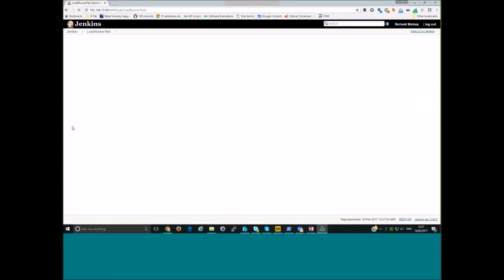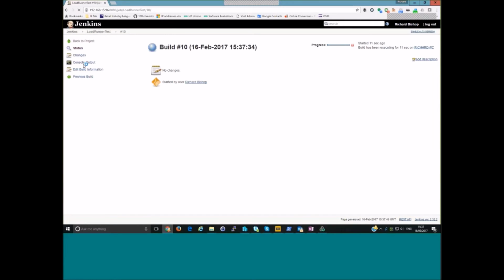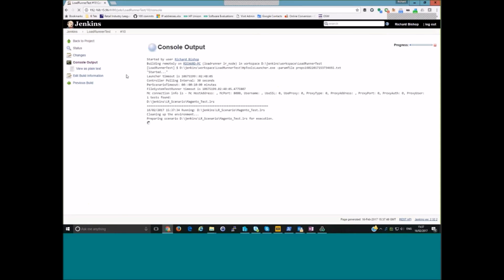If I click on here, you can see from Jenkins its view of what's actually going on. So you can see it's doing a remote build on Richard PC. It's running in this particular workspace, and it tells me all the things that it's doing. So it's effectively opening up the scenario. It's set a scenario result folder, which is a uniquely named folder, so you can go back to these later,